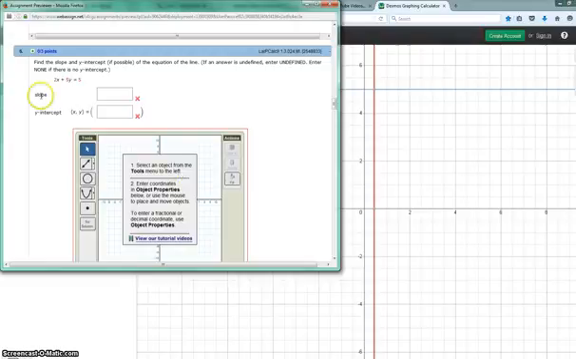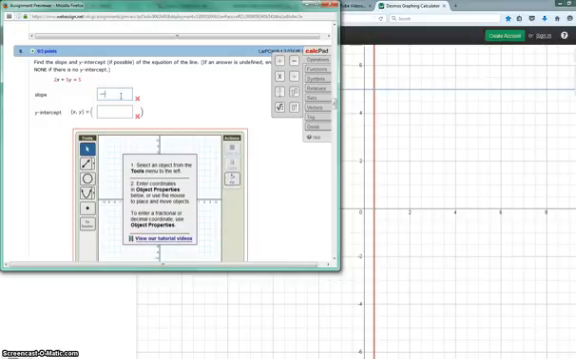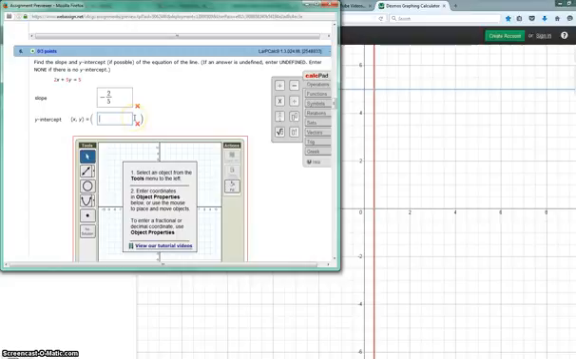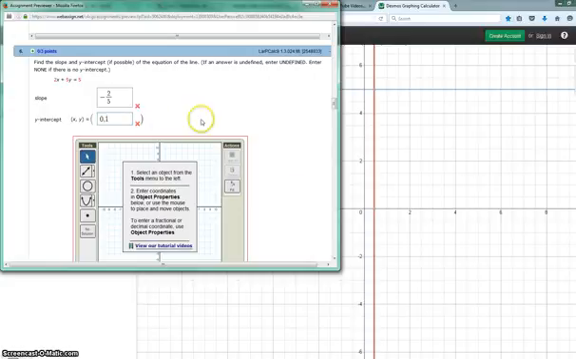Then on one of these, find the slope and y-intercept. We have to solve this equation for y. And so when you do that, you subtract the 2x over and divide by 5. So we get negative 2/5 x plus 1. And so let's go ahead and do that. Negative 2/5. The y-intercept on this one, since it's a plus 1, that means I have 0, 1 as my y-intercept,